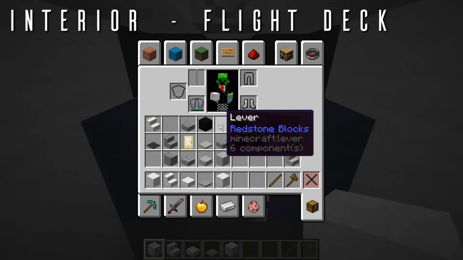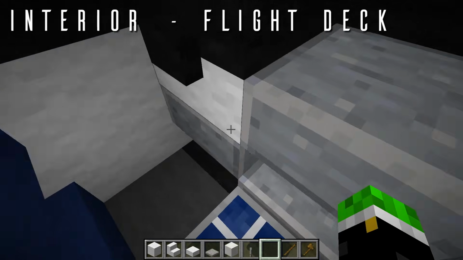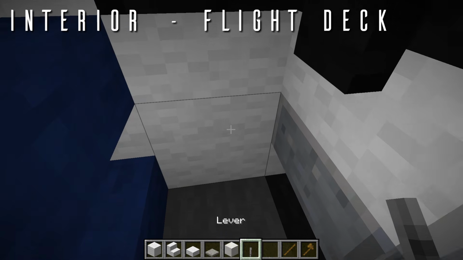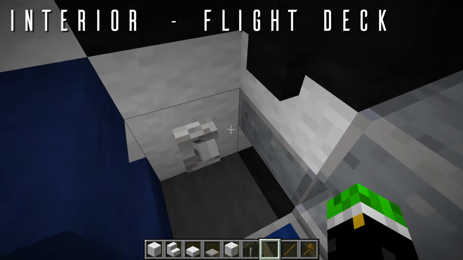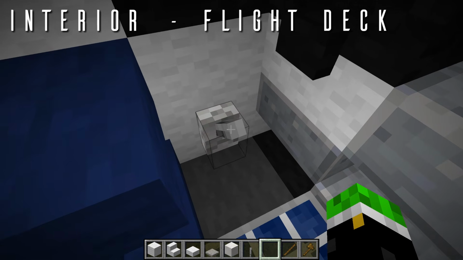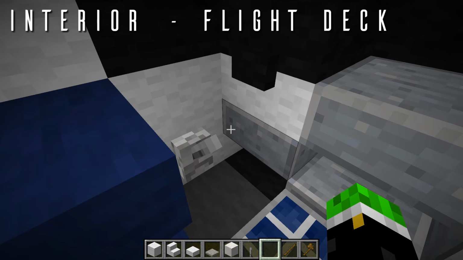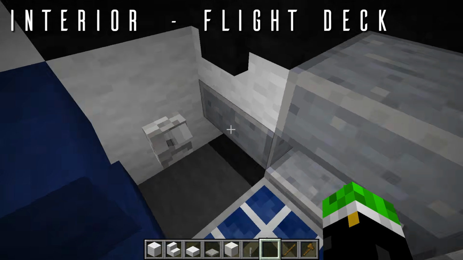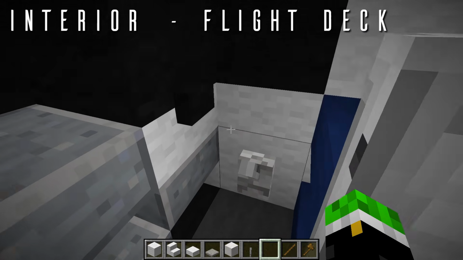So once we have that, we'll next grab a lever, and on these side blocks here, in front of each pilot seat, from the wool block on the side right there, we'll be placing a single lever there on the side for the side stick. In case you're not familiar with it, Airbus aircraft are controlled with a joystick-like flight stick called a side stick, mounted on the sidewall over there, instead of the traditional yoke in the center. So we'll just place the same lever on the right side there as well, and that'll be it for the